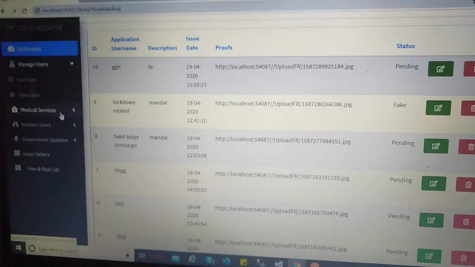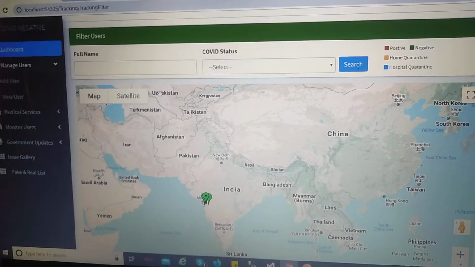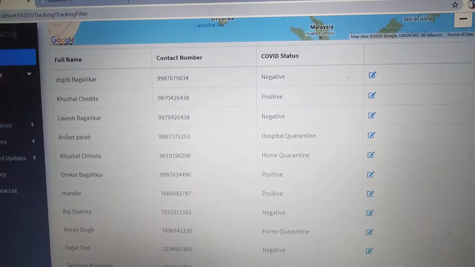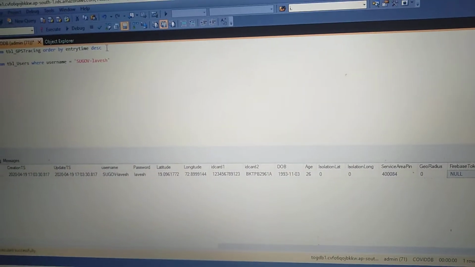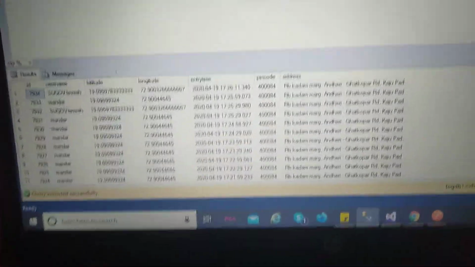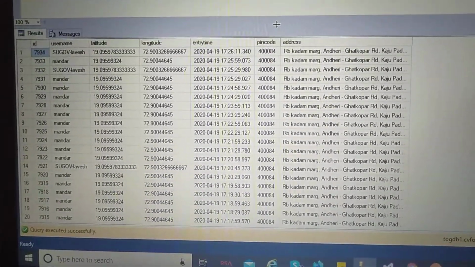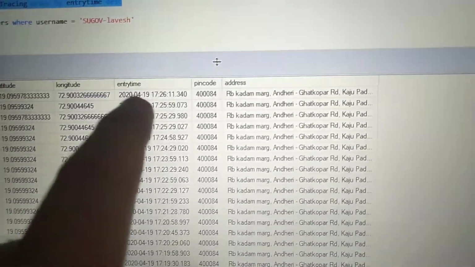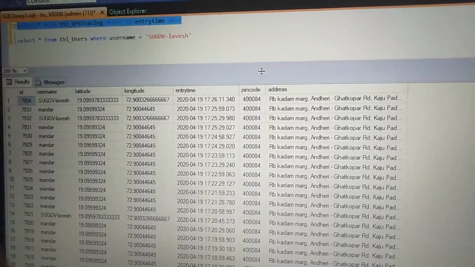Now let me show you how we are going to track how many individuals, or who all are the people, that the user might have met, to get the exact list of the people. This is what we do. Okay, so now what you're seeing here is some real data, real time data. These are the multiple users that you can see. As you can see, these are the latitude and longitude and the timestamps along with the address and the pin codes.